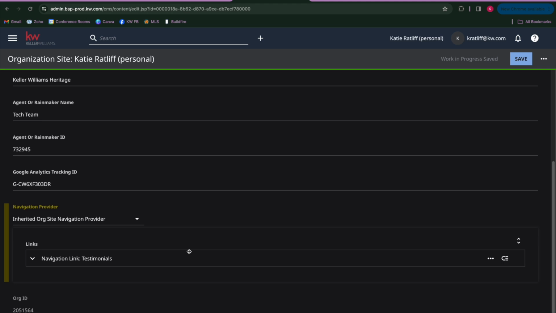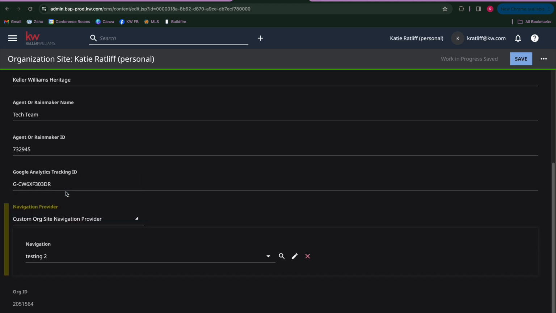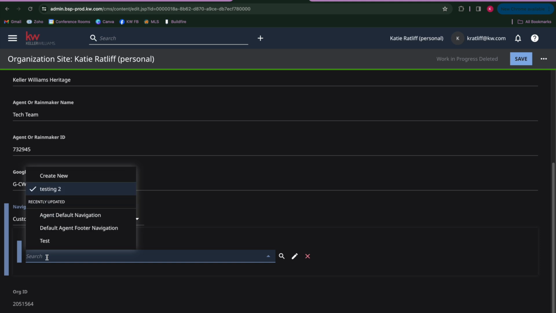We are going to want to change this because we want to add in that testimonial tree page that we just made, and we want to customize our menu bar. In order to do that, we are going to change it to a custom provider. You can see I already have one that I was using, but if you click on that, you can see